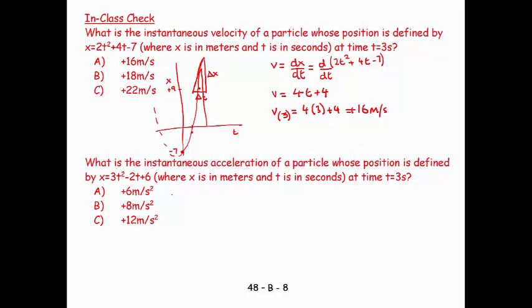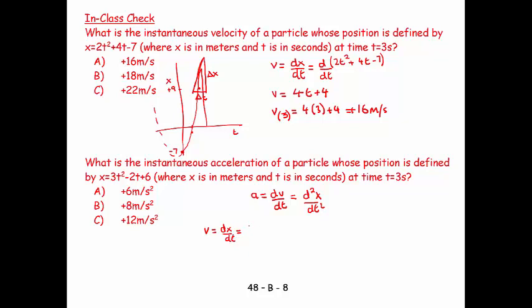Let's do another one. What is the instantaneous acceleration of a particle whose position is defined by? Okay, so let's say, well, acceleration is equal to dv by dt, and this equals d2x by dt squared. So let's say our velocity is equal to dx by dt, which equals,